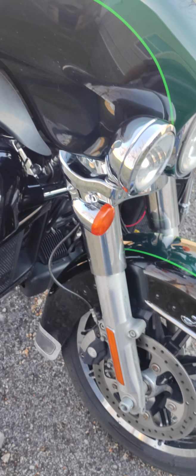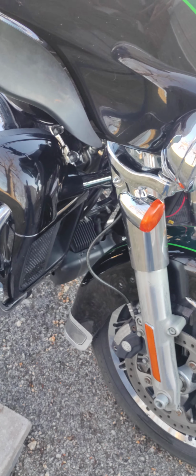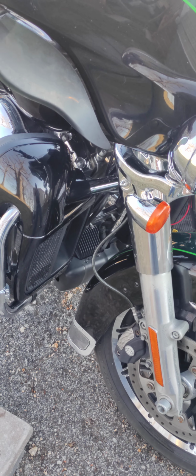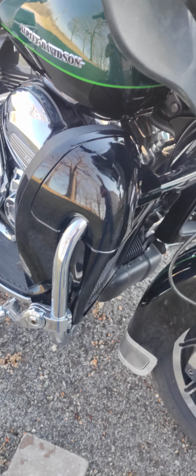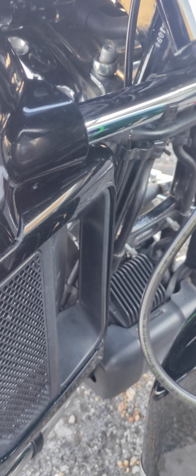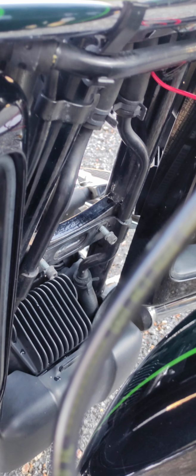Okay, folks, this is a 2015 Harley Davidson Ultra Limited, FLHTK, and today I'm going to show you my preferred method and location of installation on the Motohorn Dual Track train horns on this thing. Here we're right behind the front wheel and at the very front of the frame. Notice there are two hex head bolts in the cross members right there. And I found that to be the perfect spot to mount my